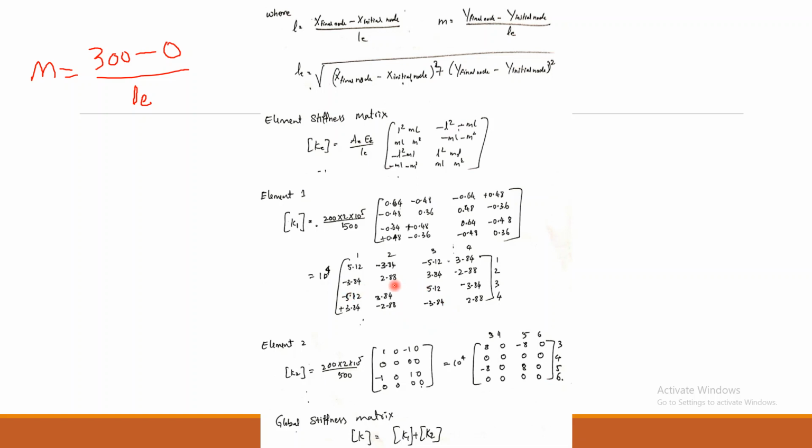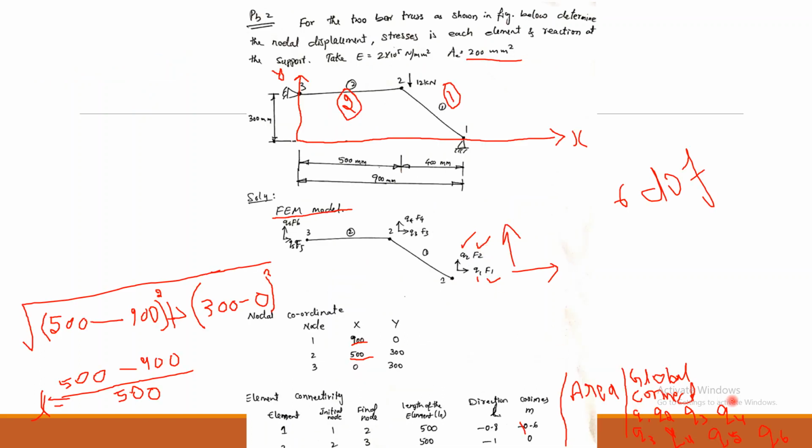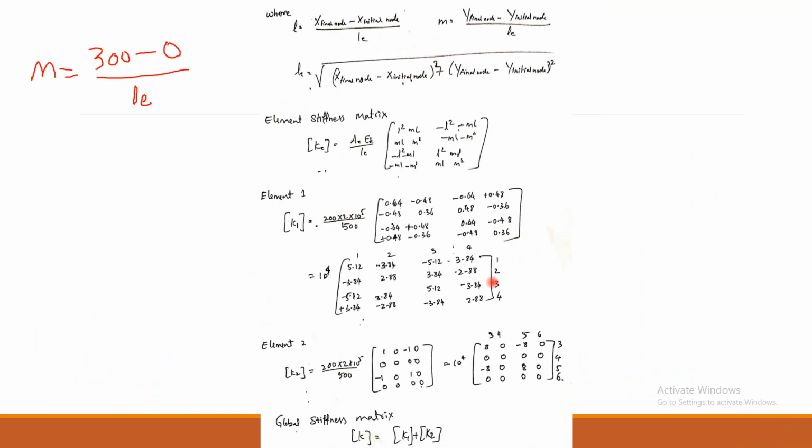Okay, once it is done, the next thing is the node numbers. Okay, how to do this? This is by using this connectivity table. Okay, see, yeah, it starts from 1, 2, 3, 4. No, 1, 2, 3, 4. Okay, that's why the same format I should adopt here also.